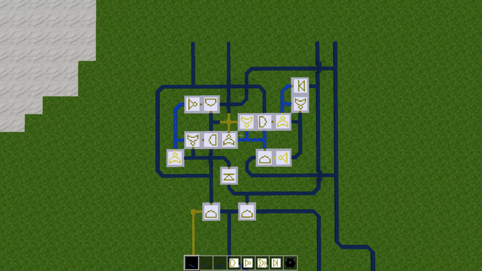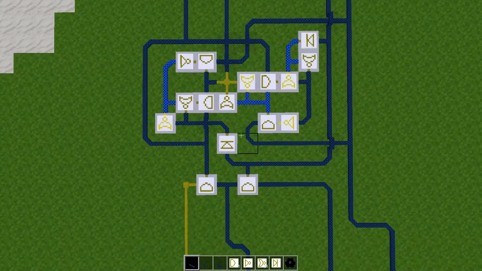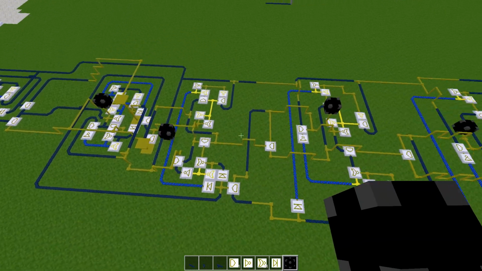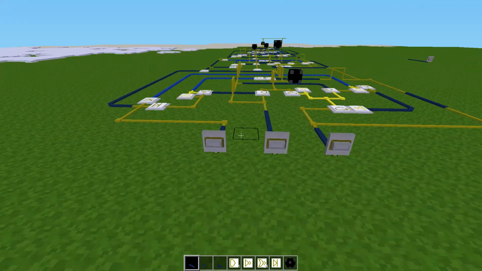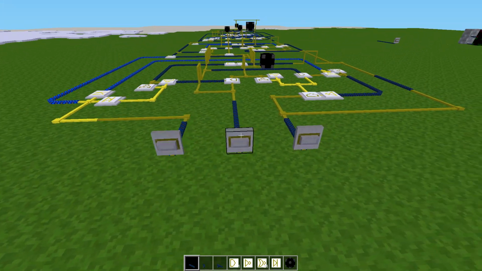This is the latest, most optimized design. The wires at the top correspond to the wires at the bottom. I will place down a white light with a custom texture. That texture is not the default one that comes with the Mesecons mod. Now, as I start hitting these clock signals,